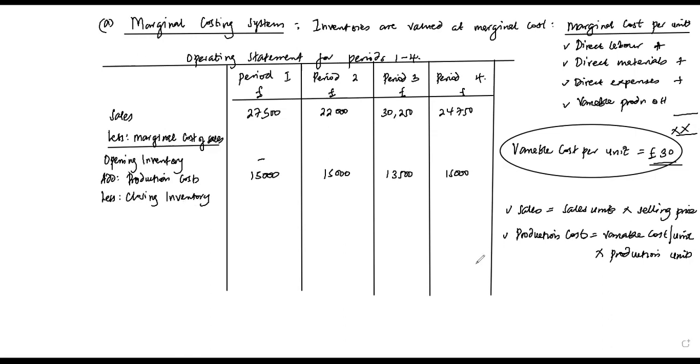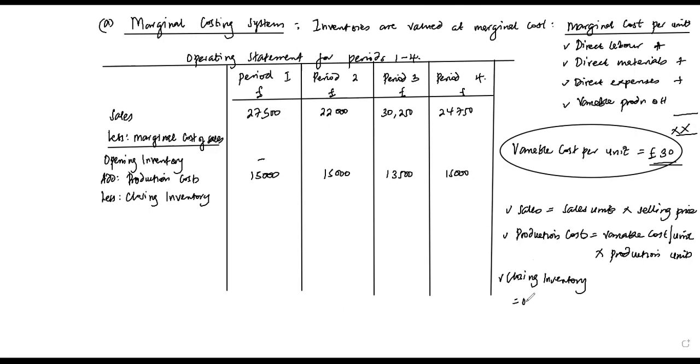We have to less the closing inventory. How do we get the closing inventory? Let's see how to do that. Closing inventory. Now, closing inventory, simple approach to use of formula. Closing inventory. Now, for closing inventory, we get